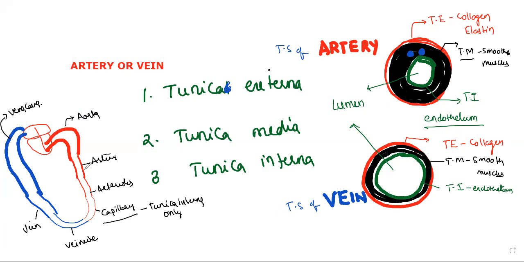Just to remember here. So this is the starting point. Who is coming out from the heart? Arteries are coming. Very good. Left systemic aorta. Who is going to the heart? So in that way, arteries' beginning is heart and veins' ending is heart. So where do the arteries end?